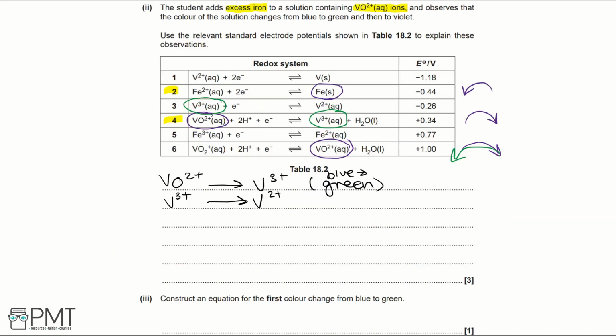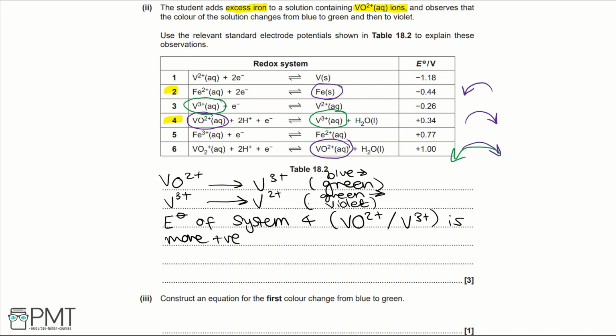So we can write this. It will be a green to violet colour change for redox system 4 and redox system 3. Now we need to explain the reasoning, and the reasoning is because the electrode potential of system 4, I'm using system 4 as an example, and system 4 is VO2+ to V3+, is more